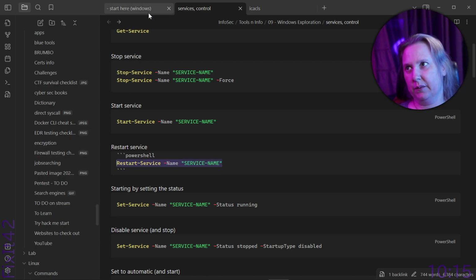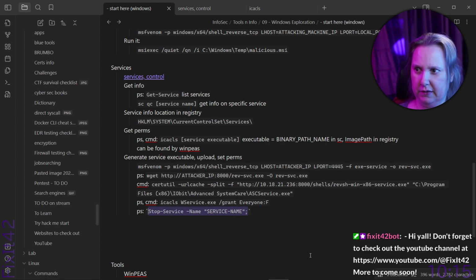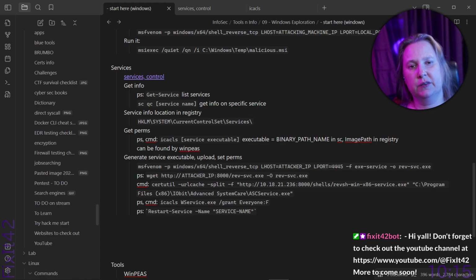So now let's copy this one here instead of stop and start, and it looks very logical. And since we should have permissions, we should be able to run this